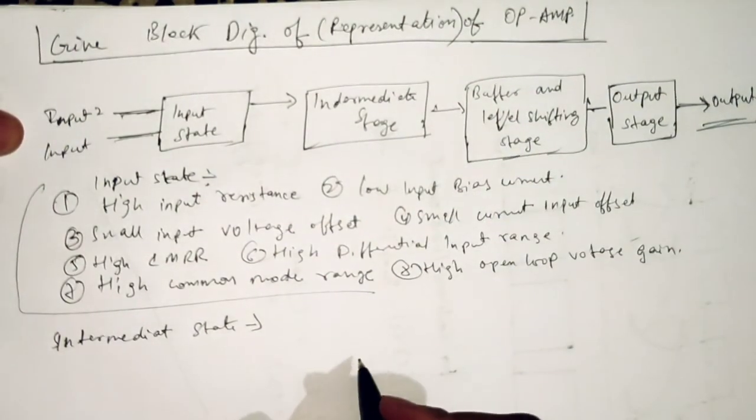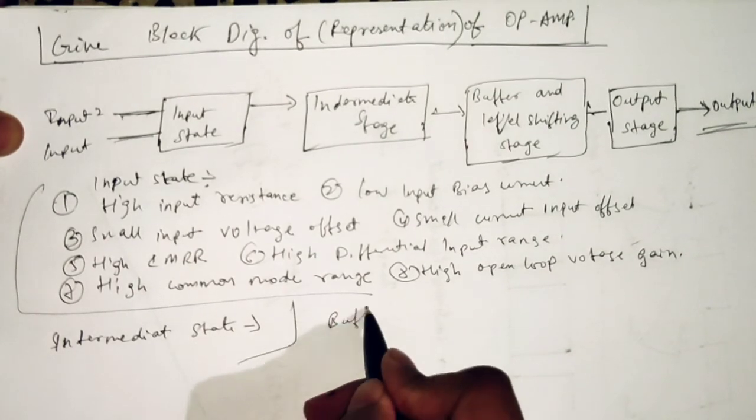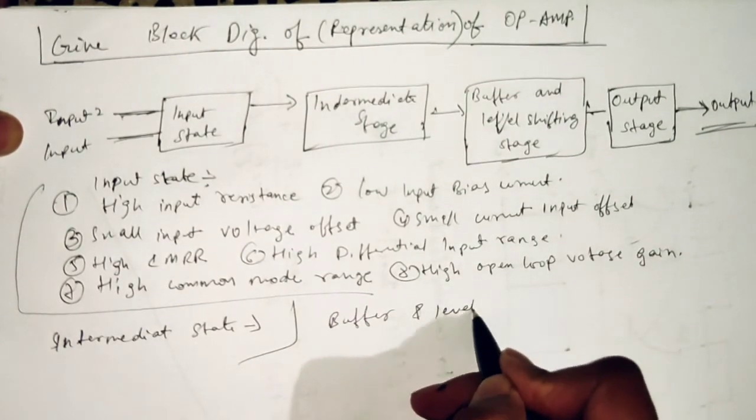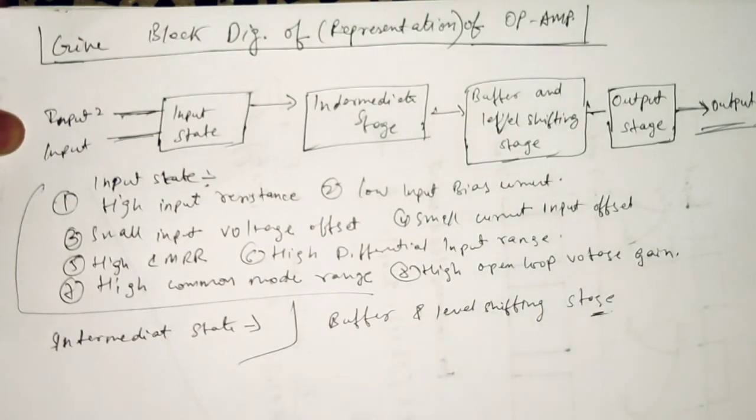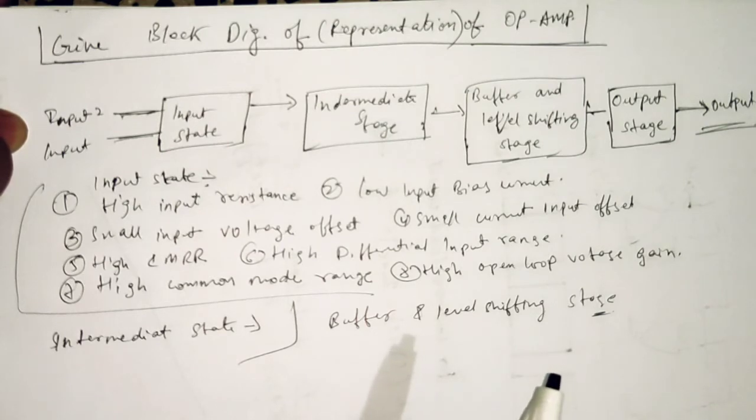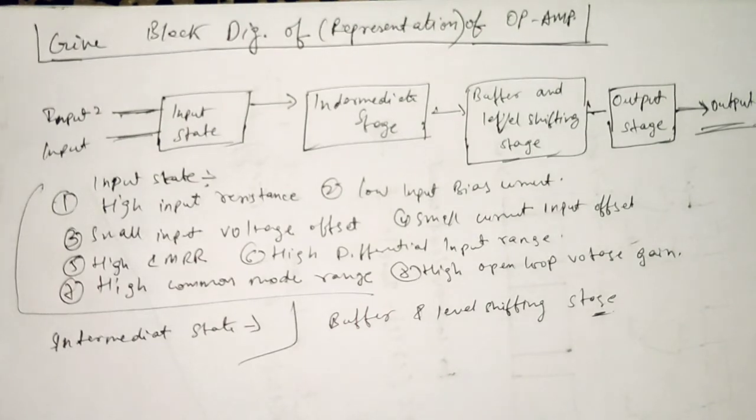Now let's talk about the buffer and level shifting stage. All the stages are directly coupled to each other. The amplifier amplifies DC signals also. Coupling capacitors are not used to cascade the stages. Hence the DC quiescent voltage level of the previous stage gets applied as the input of the next stage. Hence stage by stage the DC level increases above ground potential. Such a high DC voltage level may drive the transistor into saturation. This further may cause distortion in the output due to clipping.